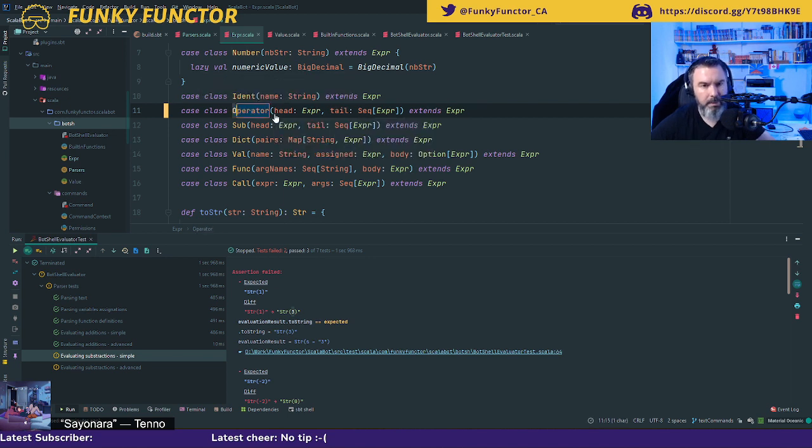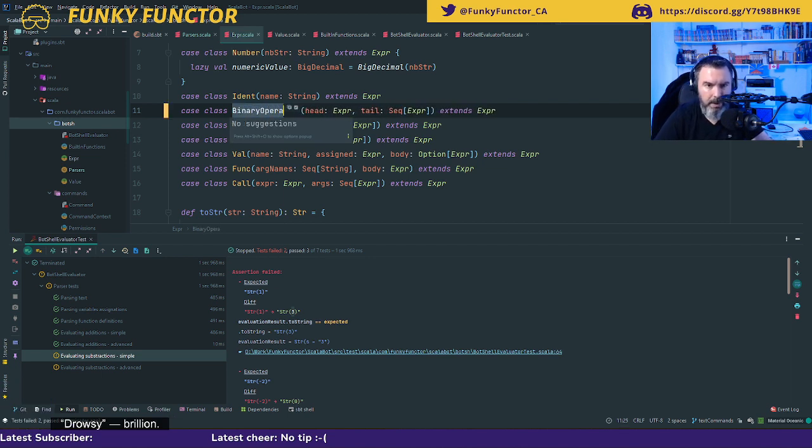Oh, maybe I should have done the refactor binary operator like that. So it gives me now a tuple, a list of string and expressions.